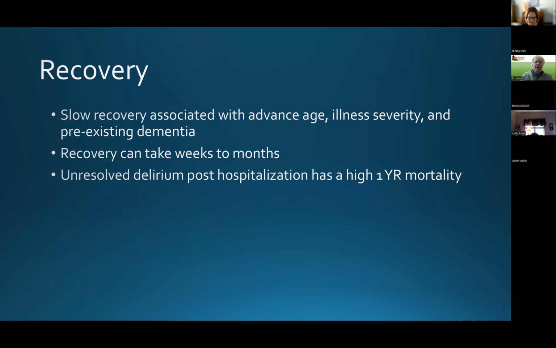Yeah, so the recovery, it's a tough one. It could take weeks. It could take months. It may even take a year. So the problem is that the longer it takes for the delirium to resolve, the higher the likelihood that the person is not going to be with us within the next 6 to 12 months. And that's a conversation that needs to be had with the family members to say, they just go in and out of this. And it's important actually as a healthcare provider to understand that cyclical nature, that roller coaster effect,